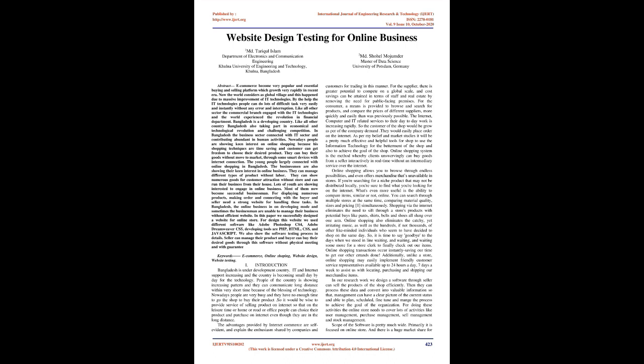They can manage different types of products without labor. They can show numerous goods for customer attraction without a store and can run their business from their house. Lots of youth are showing interest in engaging in online business. Most of them have now become successful businessmen. For displaying numerous products, making orders, and connecting the buyer and seller, a strong website is needed for handling these